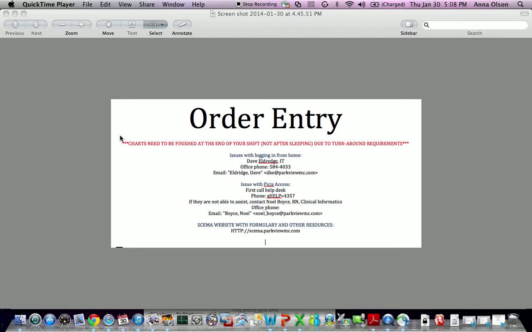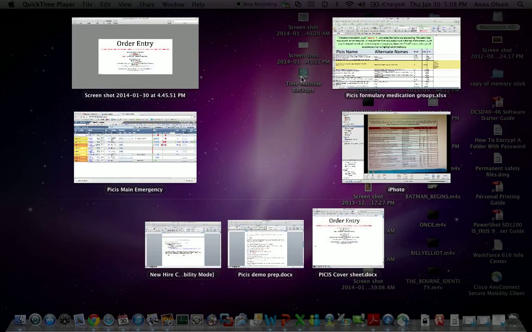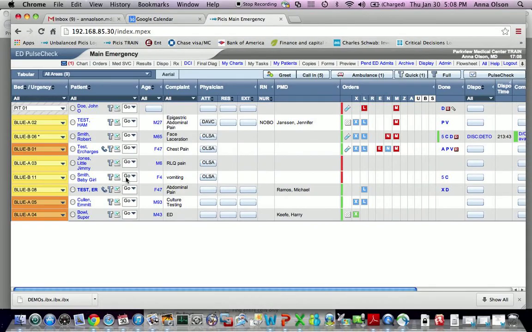Okay, order entry. This is the trickiest part of Picis, really, because we interface with Metatech and subsequently with the Picis, which means that everything has to be just so going across the interface. There's a very tempting search box, which you typically will not be encouraged to use because there are so many